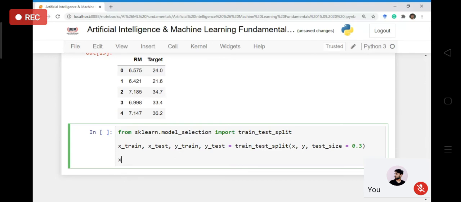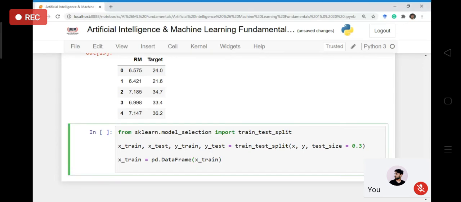So how would you do that? You will write x train equal to pd dot DataFrame, and you simply pass the variable that you want to convert. So it is kind of, I'm saying, typecasting. Although it is not typecasting, it is actually conversion. And similarly, I do with x test. And you just run it.